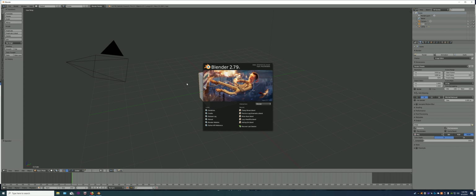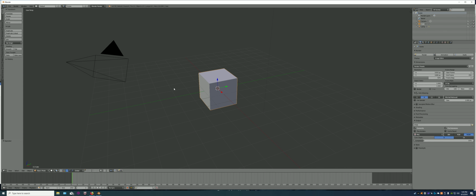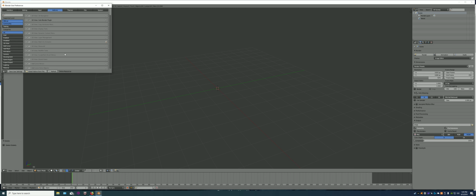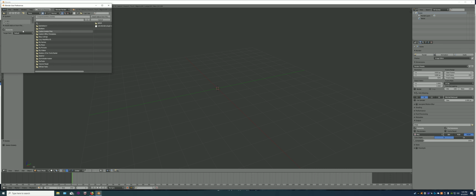click anywhere on the screen to get rid of that, and then press A twice, press delete, and press enter to get rid of the scene. Now, I already have CATS installed, but to install it, you're gonna go to File, User Preferences, and this page will open. Install add-on from File and go to wherever